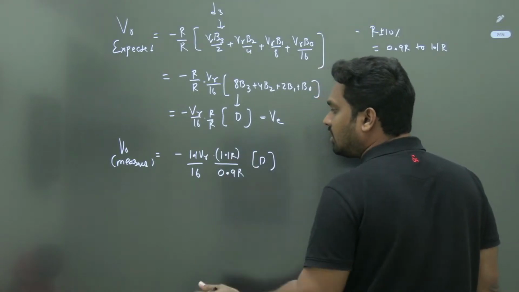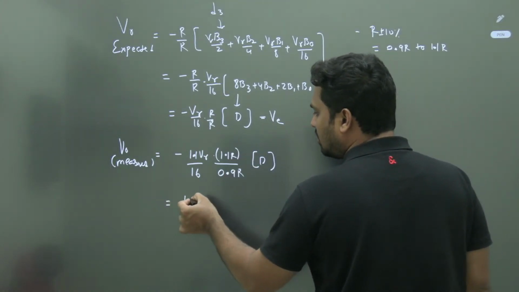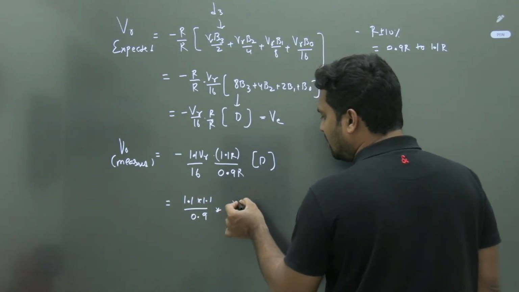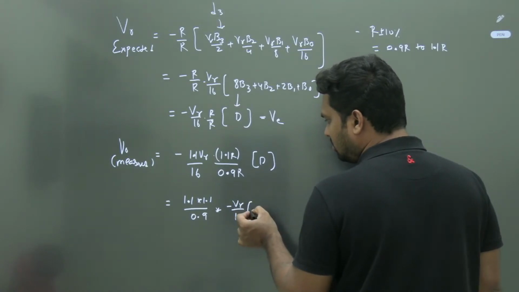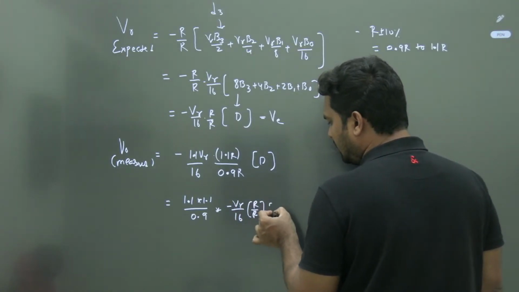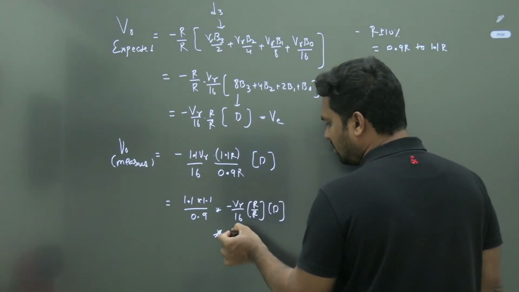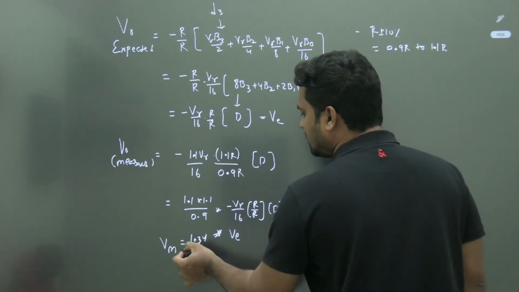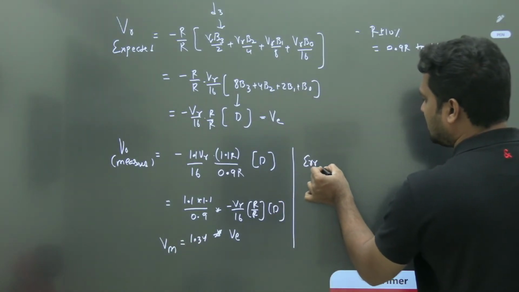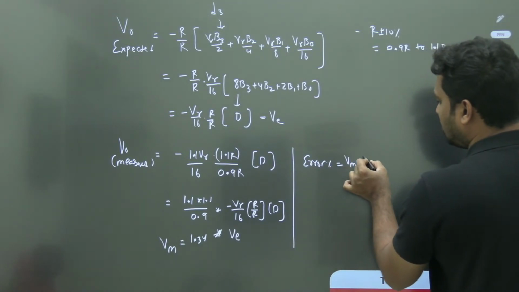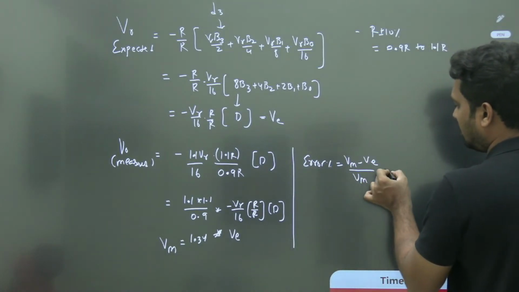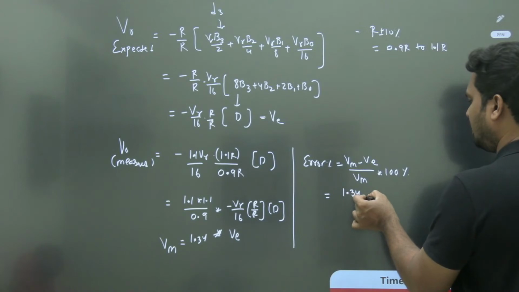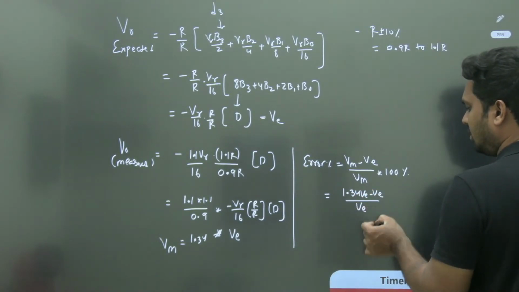In this case, you get the maximum possible tolerance, that is 1.1 into 1.1 by 0.9, the maximum possible deviation of VR by 16 into R by R into D. That is nothing but expected into 1.34. That is your measured. What is the error percentage formula? Measured value minus expected value by expected value into 100%. So that will give me 1.34 VE minus VE by VE